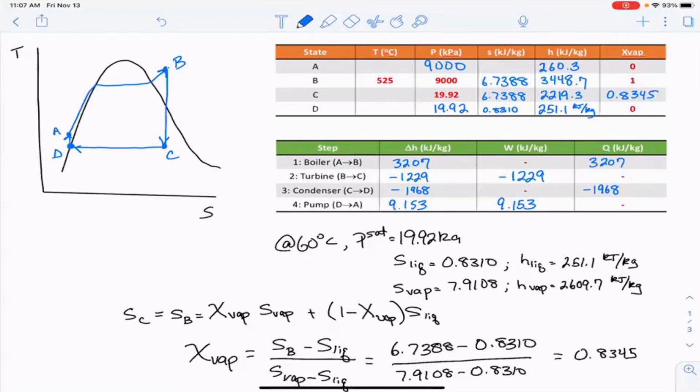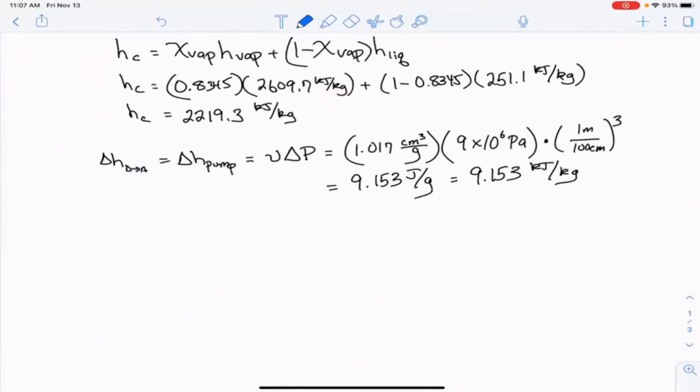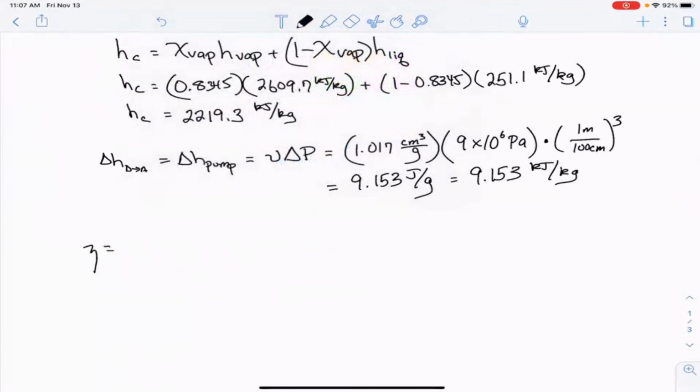So now that we've calculated the enthalpies and the changes in the enthalpy at each stage, we can calculate two things that the problem asked for originally. The first one is the efficiency, and the second one is the flow rate of water that's required to power a 10 megawatt plant. So let's do that. If you remember, our efficiency for almost everything has been minus the net amount of work that's done divided by the heat that we add